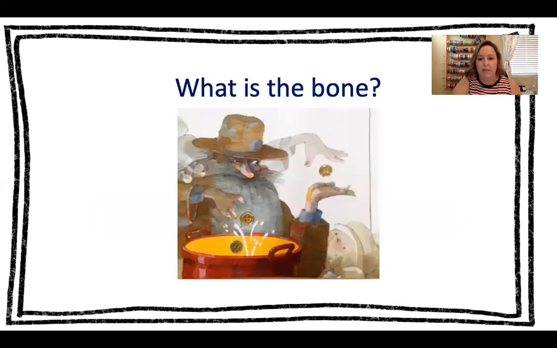So something you may have been wondering, when we read Bone, Button, Borscht, what was the bone? Some of you might have had that even as a wonder on your questions. I don't remember hearing anything about bones. He put in the soup buttons and he put vegetables and the people ate the soup, but I don't remember hearing about any bones. So the bones were actually the buttons.